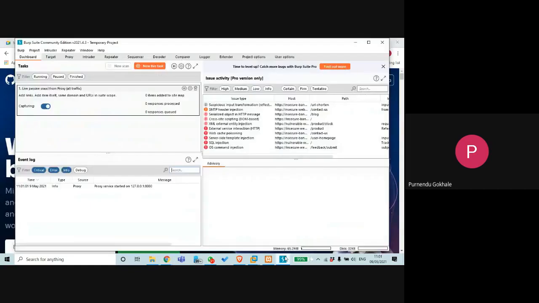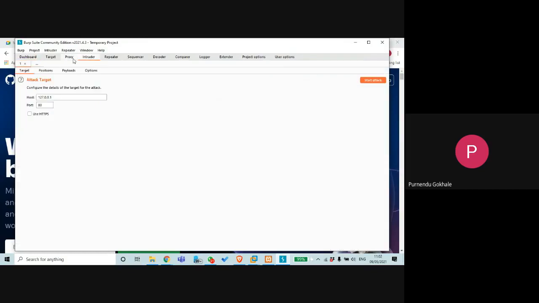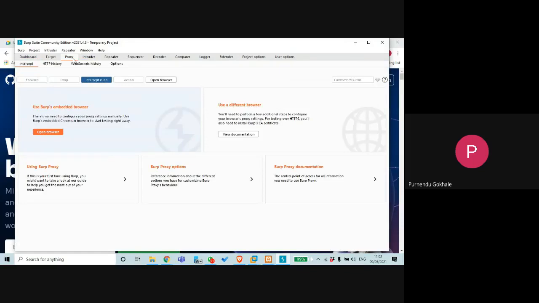Burp Suite is a tool where we manually check the request that is being sent, and if we want to make some alterations, we make the alterations, and then we send that request forward. There is an intruder option and the proxy. So we are going to see these two things. If we go to the proxy tab, there is an intercept button. Intercept on means we are intercepting the requests that are being sent.